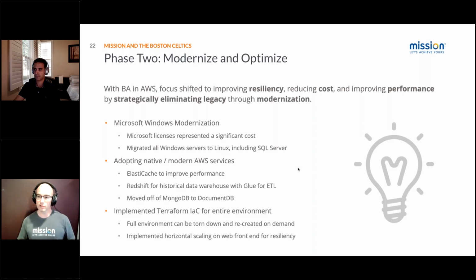Microsoft allows you to run SQL Server on Linux, so we consulted with them and helped them migrate all of their Windows servers to Linux, including MS SQL. We adopted some more native services. AWS has almost 200. I'm thinking it might be over 200 at this point. Mayur can keep me honest on this, but roughly 200 services. Many of them